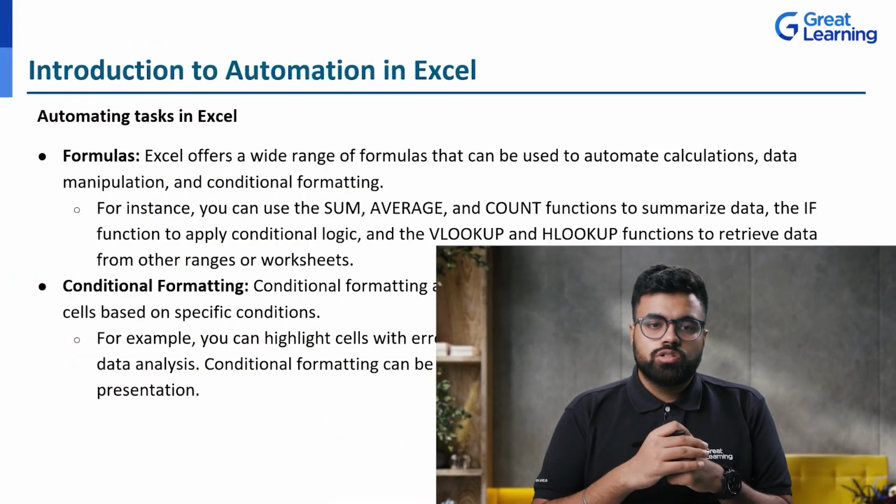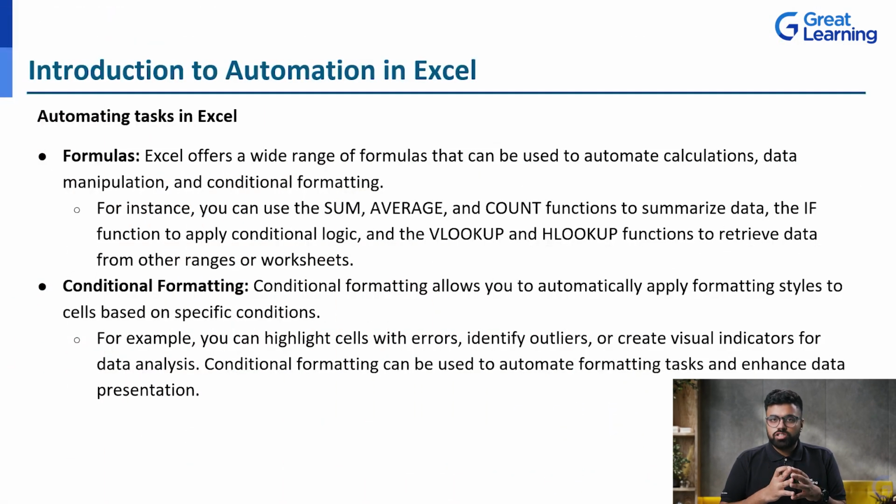And there are a million shortcuts that are there in Excel. But the most important element is the use of functions and conditional formatting. These two key elements would make your life significantly easier at the first step when you receive your data. So for instance, you can use various functions, that is sum, average, count. We'll have a brief look at what exactly these are and how they function to summarize the data, and the IF function to apply any conditional logic that would be there, and